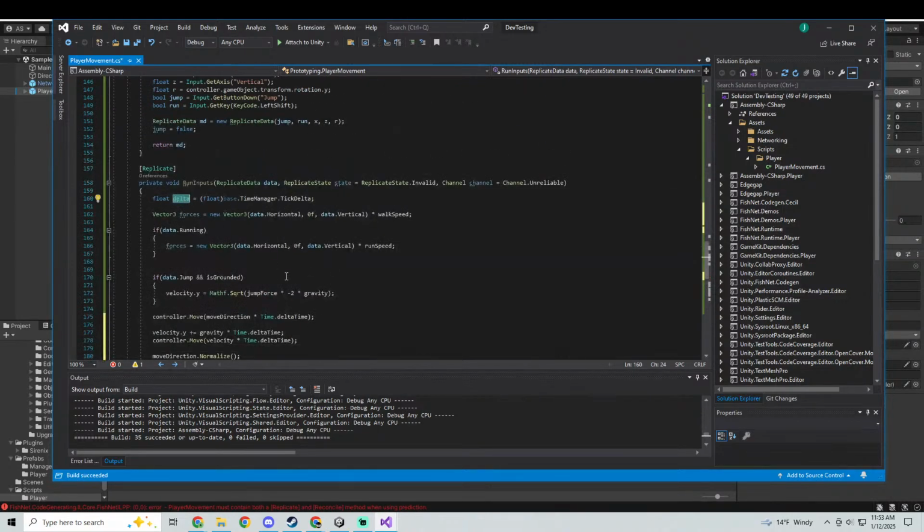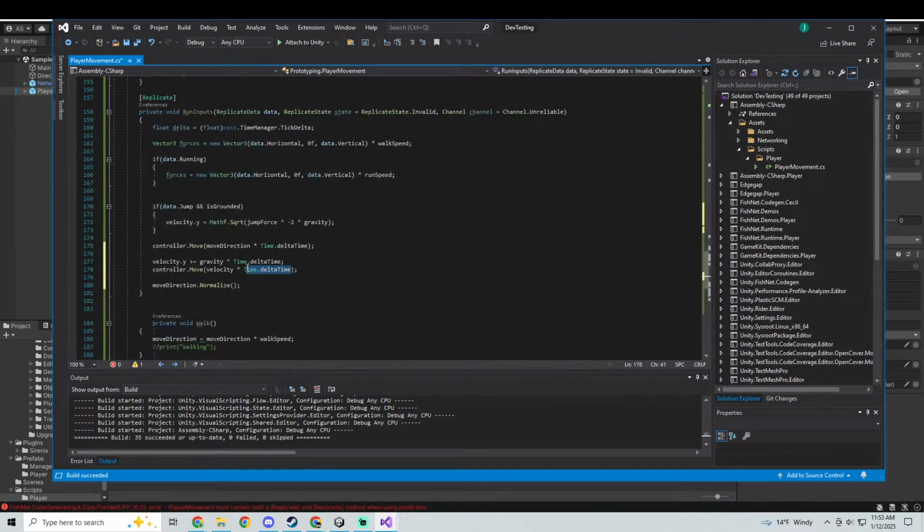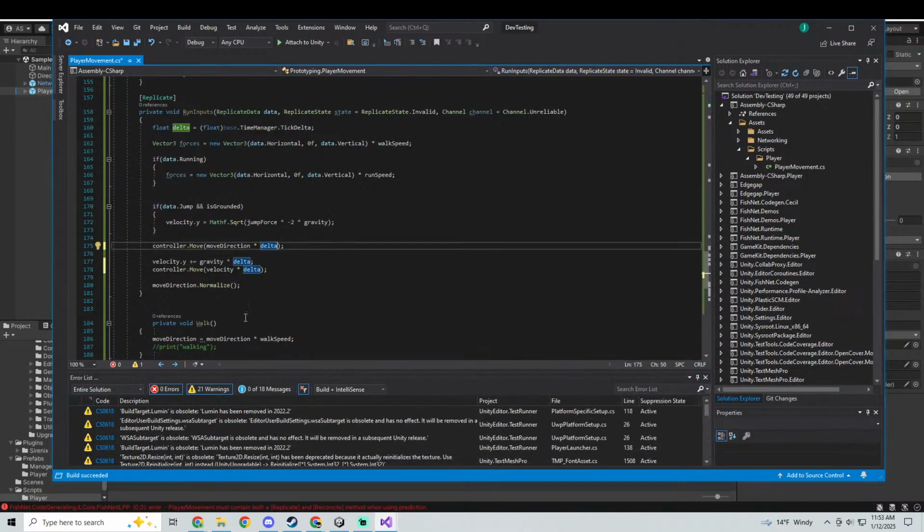This is where we are going to take our delta. We don't want time.delta anymore. That can drive me absolutely insane until I stop doing that. Just want this to go away, because some of these are